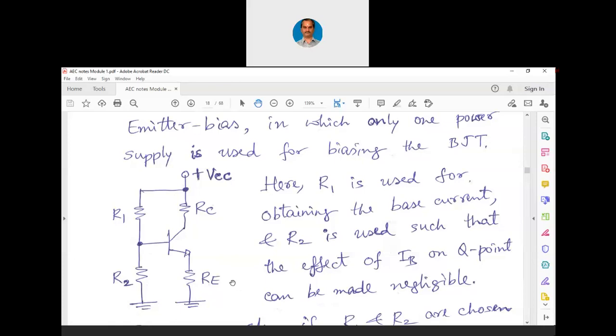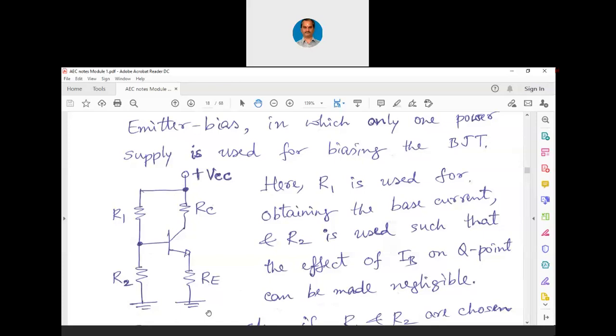So that way, this is the circuit which we are going to use everywhere now. The other two circuits we discussed only for you to understand this particular circuit. Actually, this particular circuit you already studied briefly in basic electronics. But here in the third semester, we started with the base bias first, then we came to emitter bias, then now we are coming to voltage divider bias.